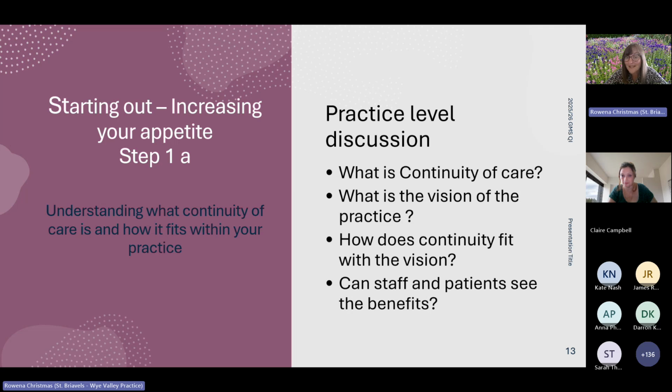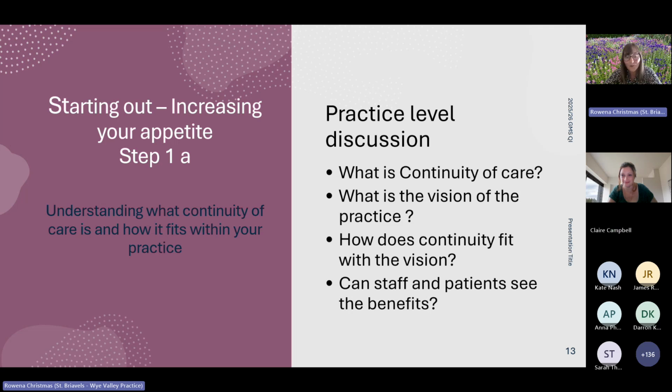You can ask, does the practice have a vision, which are aspirations for your practice? And if not, you may wish to create one. As an example, my practice, which is a split site small practice, has had a practice aim for the last decade, I think, of Y Valley practice, 2 surgeries, 1 aim, excellence in healthcare, bridging the Y.